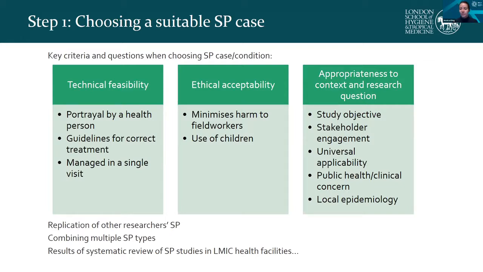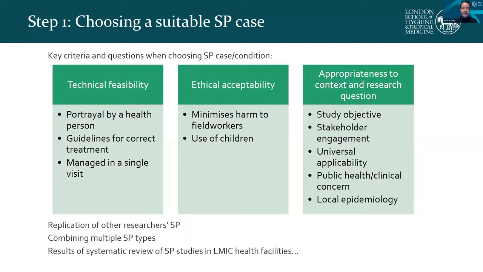So an example from my experience was a lot of faith-based health facilities might not provide all types of family planning, which means we can't use a family planning standardized patient. Are the conditions that you're testing actually a concern for public health or a clinical concern? There's no point in sending standardized patients who measure something that actually isn't particularly important to you. And finally, do the conditions that you're choosing suit local epidemiology? You don't want to choose something that is so extremely rare that providers won't have any recognition or likelihood of treating it correctly. Then there's not much point in